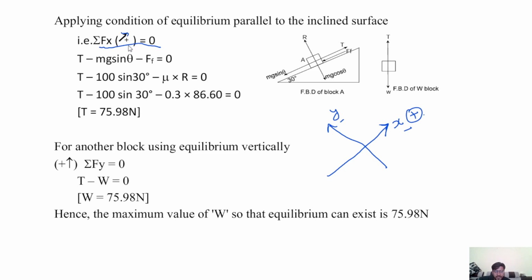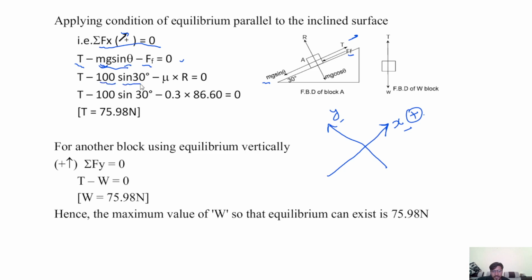So T is acting rightward, which is positive, mg sin theta is acting leftward, which is negative, and the friction force Ff is acting leftward, which is also negative, and the sum is equal to 0 because no acceleration is produced. So T minus mg sin theta, where the weight of block A is 100 and theta is 30 degrees,